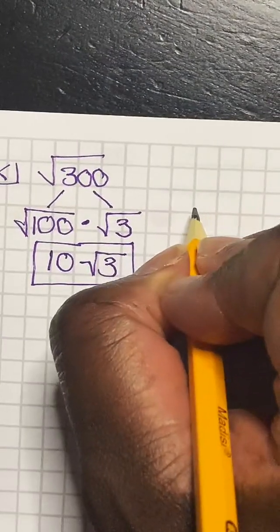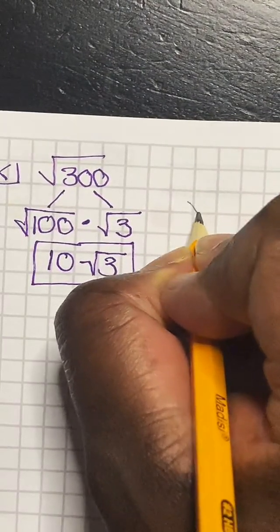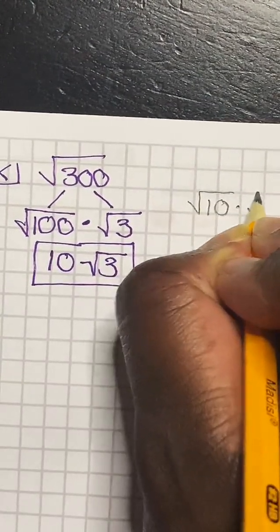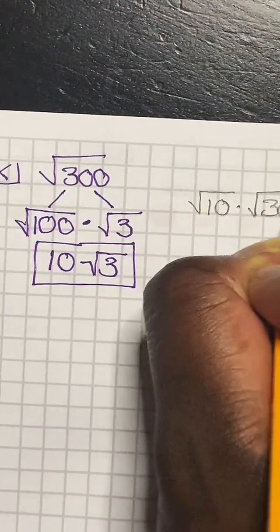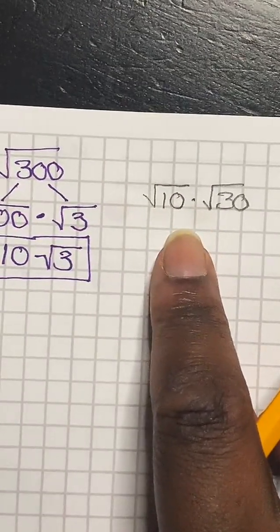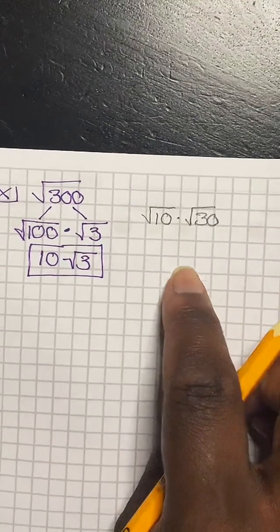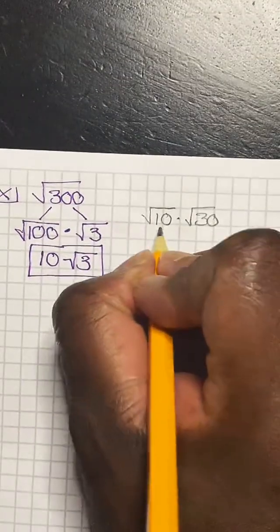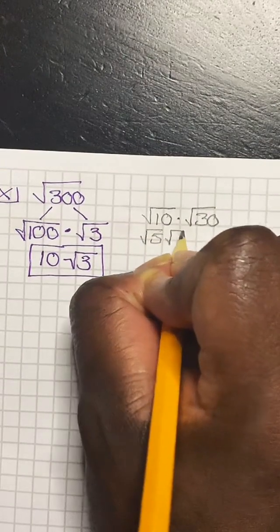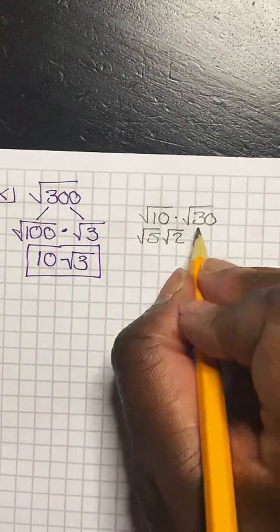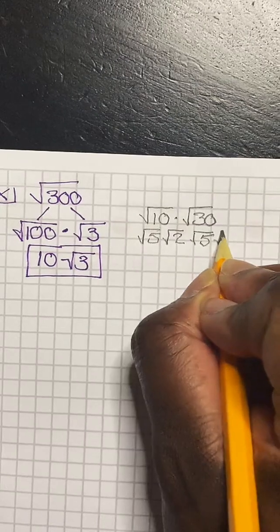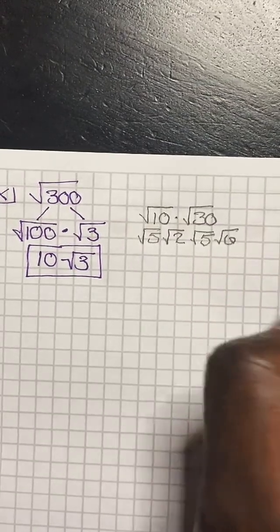So if I did, let's say devil's advocate, we did 10 and square root of 30. That means I'm going to have to break this down into prime factors. Meaning, square root of 10 will give me the square root of 5, square root of 2. Square root of 30 will give me the square root of 5, square root of 6,